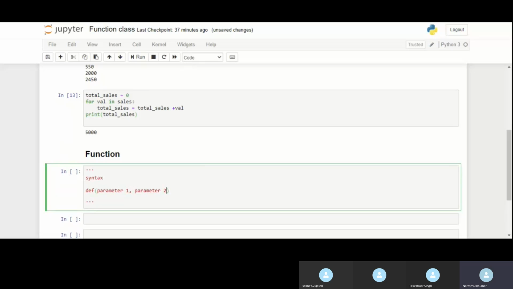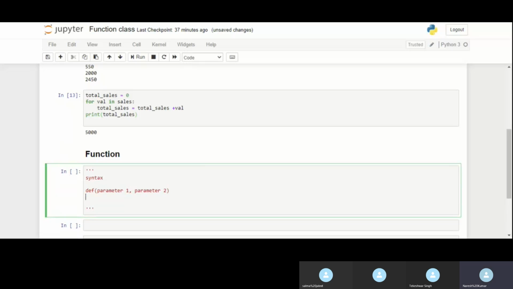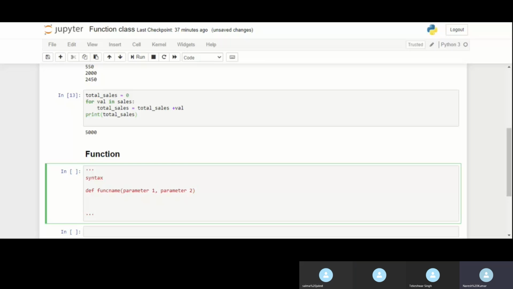Inside this, we have to write def, then the function name. Then we have to write the colon, and then the function body.